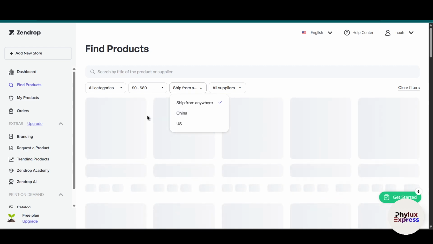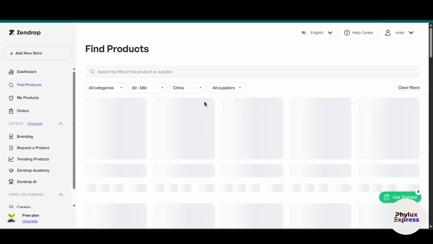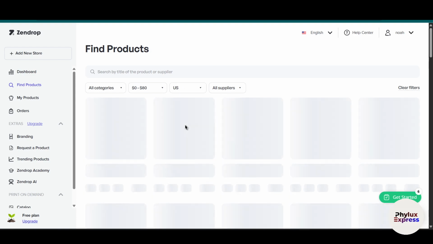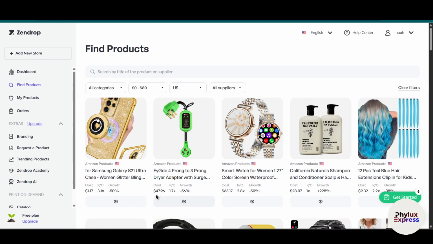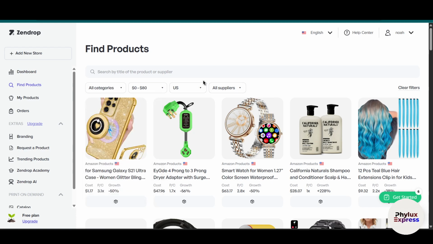Then you can select the ship from, like China or USA. China creates one of the cheapest products in the world, so I will choose China. So let's compare. If you go to USA, the cost is around large. So as you can see, the religious, okay, I have to select back religious ceremony, and again